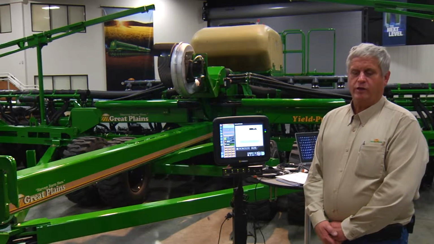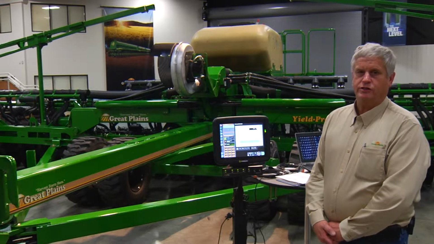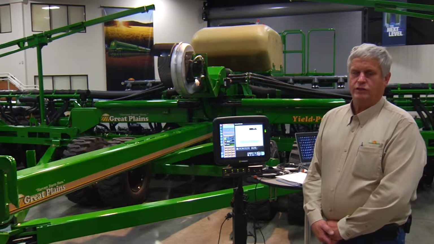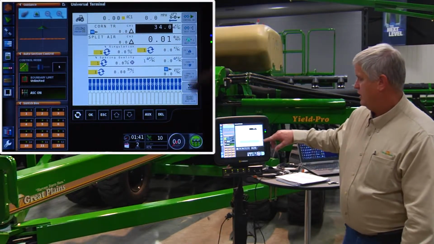We're going to talk about some other settings that are available in the terminal itself. Probably the most important one is actually the summary screen, which summarizes all the options and the controls that we have available for this planner. That button is on the bottom